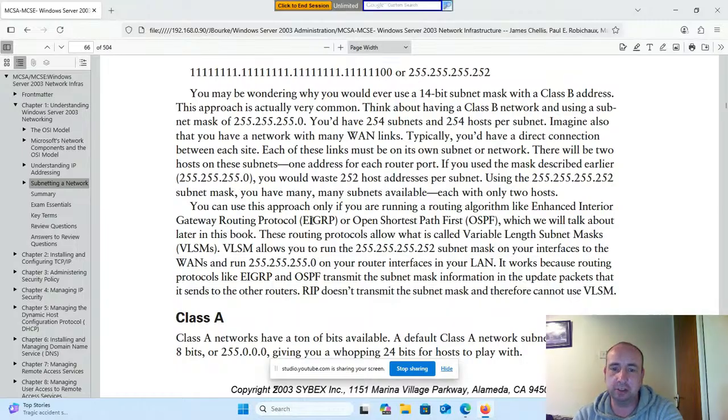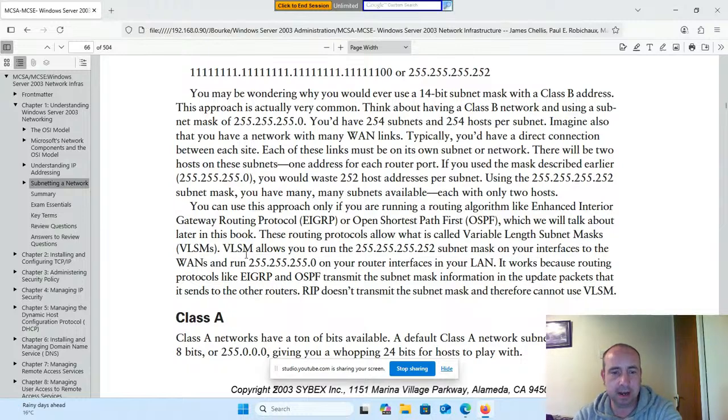You can use this approach only if you are running a routing protocol like Enhanced Interior Gateway Routing Protocol, EIGRP, or Open Shortest Path First, OSPF, which we will talk more about later in this book. These routing protocols allow what is called variable length subnet masks,